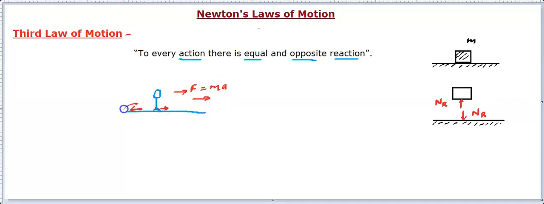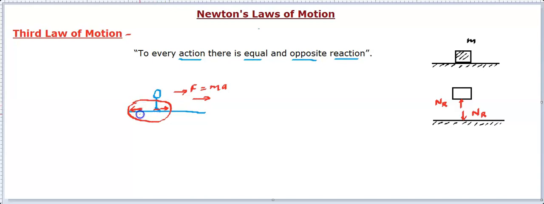So here this pair means you are pushing the earth back, and the earth is giving you a reaction in the opposite direction, right? You push the earth backward because you want to take the reaction in the forward direction, since you have calculated that you want to go forward. This is inherent, we don't give too much attention to this, it happens. But if you do give attention, you'll find this third law is acting over here, right?